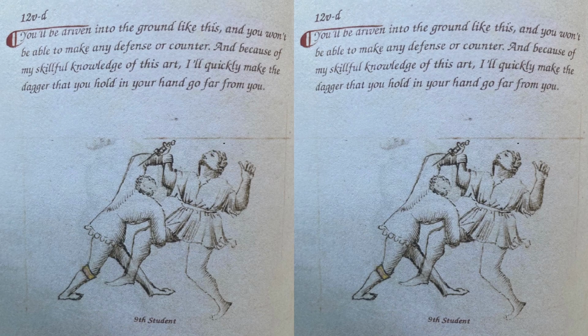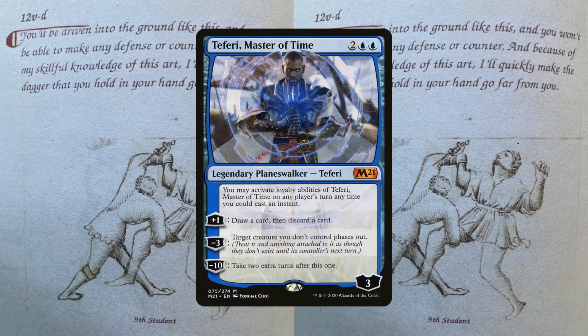So let's start off with the other Planeswalkers in the deck, since Planeswalkers are the quintessential modular cards in Magic. Teferi, Master of Time is busted here and serves as an example to include cards that do multiple things. Not only can you activate him each turn, but his +1 is a loot effect, providing card advantage and filling